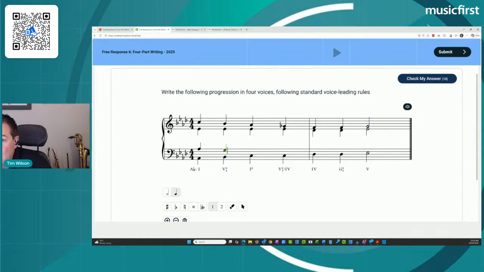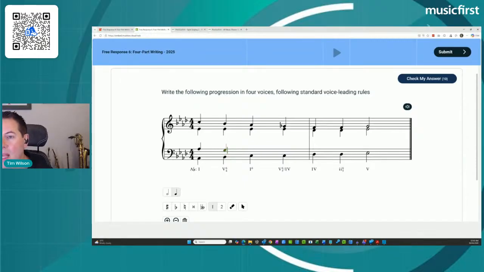Again, you can see that basically the bass is ascending, so this is not going to cause any issues in terms of parallels with my bass part. The alto is on the same note, oblique motion, and the soprano is descending as well. So it can be useful just to check here to make sure I'm not ending up with any